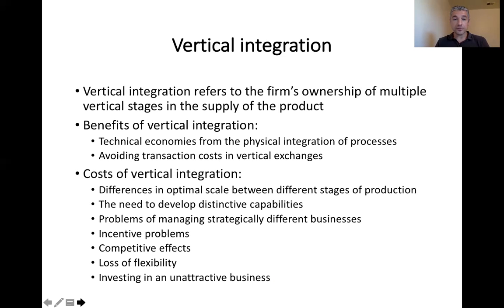Managing strategically different businesses is complicated. Again, they may have different operation cycles, financial requirements, competitive environments, right? Industry attractiveness, all of that could be different. You try to bring this all under the same umbrella. Your attention span, your mental capabilities are limited, right? So we talked about bounded rationality. Because of this bounded rationality, it's not possible, or at least not plausible, to manage that very effectively.